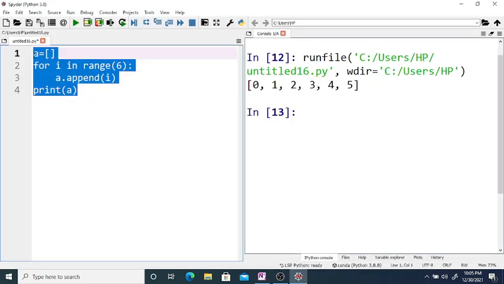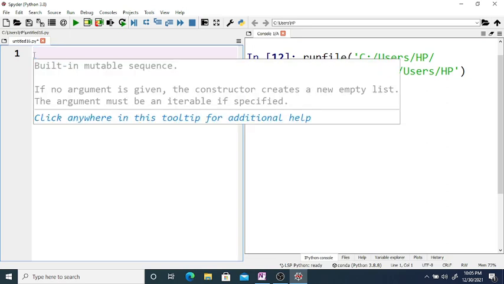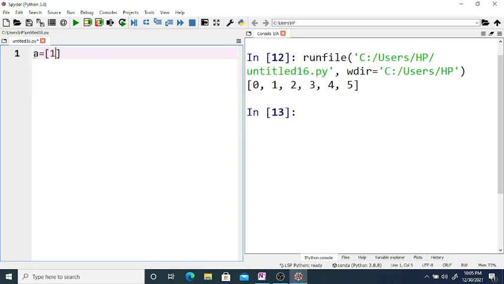Suppose a is equal to 1, 2, b, 4, and take one more list, b is equal to 3.1, 4, and 5.